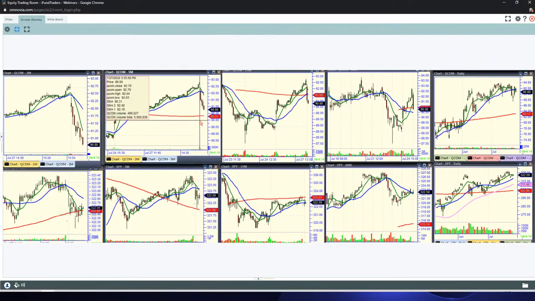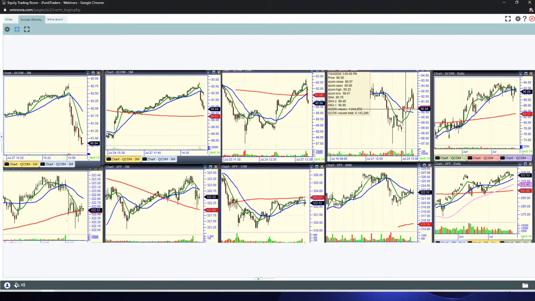QCOM, yeah, if QCOM gets to the 5 minute 200, it is definitely a long. If it can't break much under 91, this hourly 200 play, if it holds right here and comes back over 91, I said try the reversal, right? So if it doesn't quite get there and it holds up and you reverse through 91 and take out that high, you can still play the bounce. If it gets to the 200, we definitely look to play it, right?